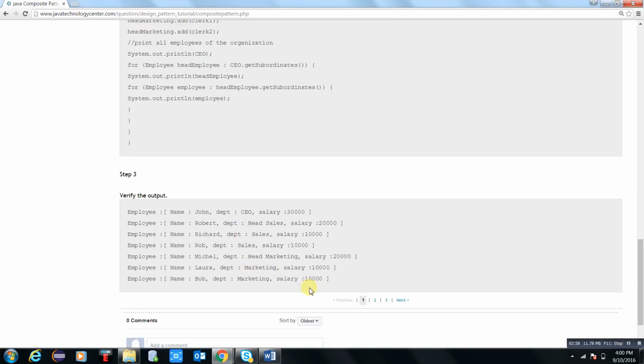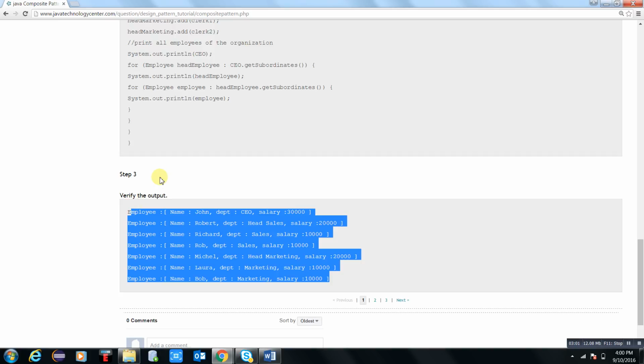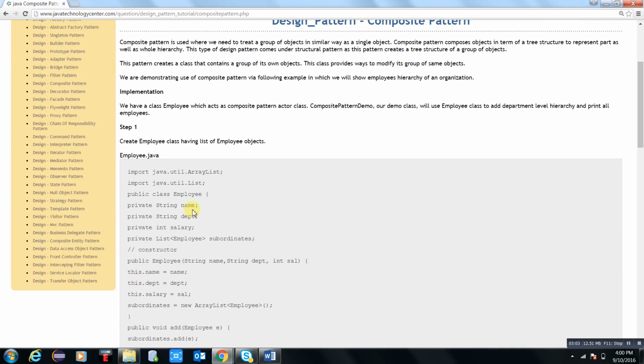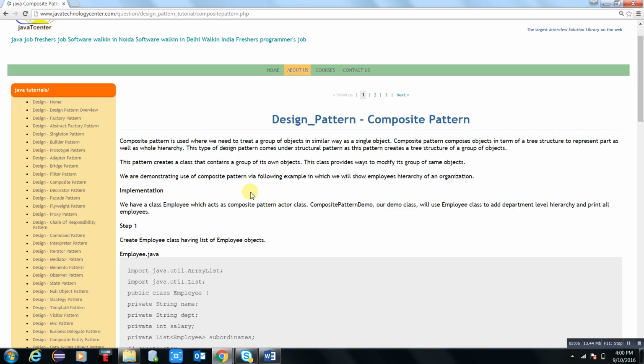It's a very simple pattern but a very useful pattern. Why do we require this pattern in hierarchy? Because if you are going to design a system in such a way that there are a lot of hierarchies available, for any organization to end customers, then you must utilize the composite pattern, because it is very useful and it is very simple.